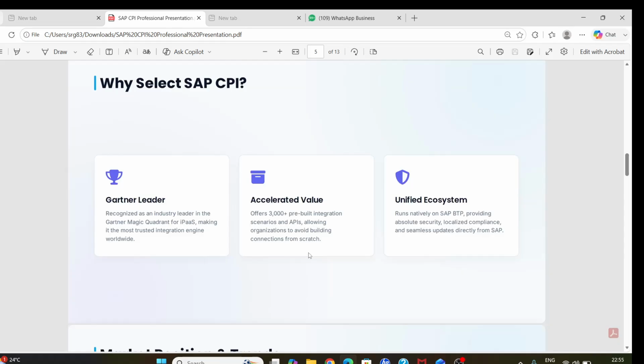Why are we focusing on SAP CPI over other integration tools? First, Gartner has recognized SAP Integration Suite as an absolute leader in the Magic Quadrant for integration platform as a service for 6 consecutive years. Second, it provides over 3,000 pre-packaged integration flows.